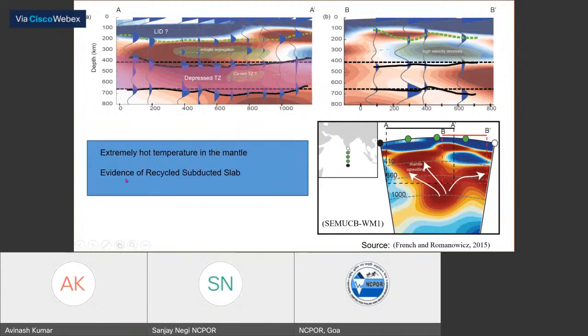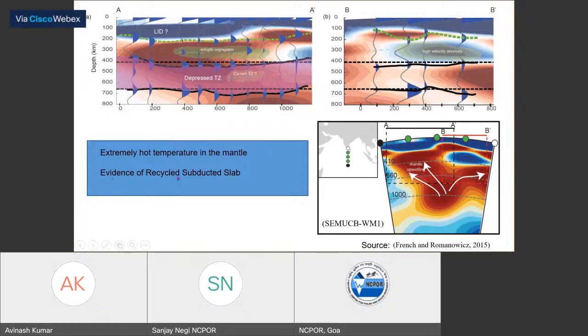Another very important point is the evidence of the recycled subducted slab. Eclogite is a high pressure mineral, and this eclogite segregation shows evidence in the receiver functions at 300 kilometers. So this 300-kilometer boundary, if highlighted, actually represents the eclogite segregation in that zone, and this is quite high density material. Although it is a high density material, it still explains the evidence of a recycled subducted